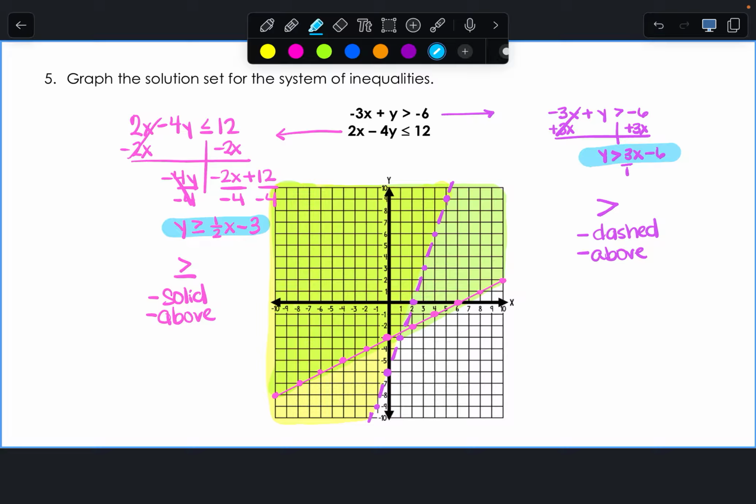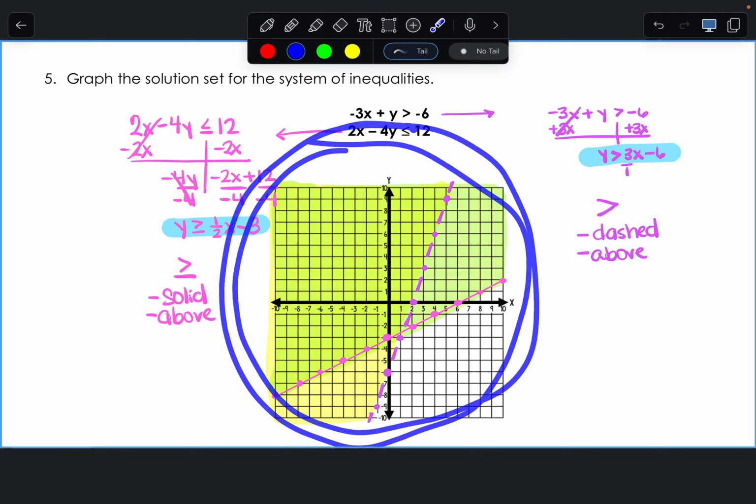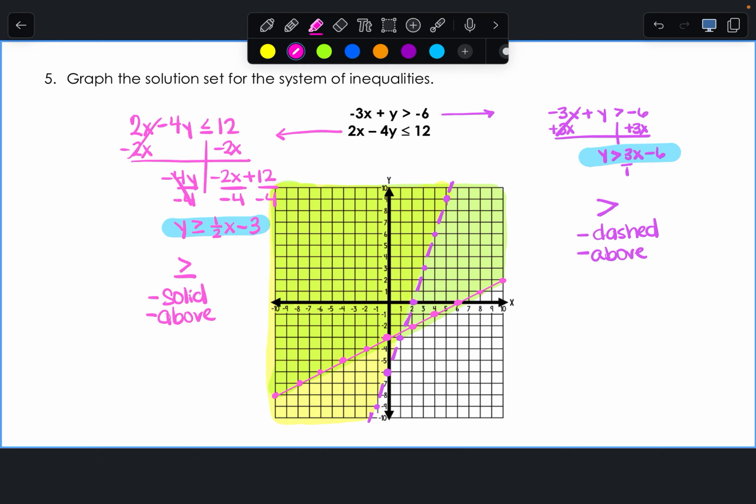Now for the shading part. On the STAR test, you're going to have one problem where they give you 4 answer choices, and your responsibility is to see where the shading overlaps, where you have the double shaded area, which is this part. If you go to the left side, right here where you see this thick line,